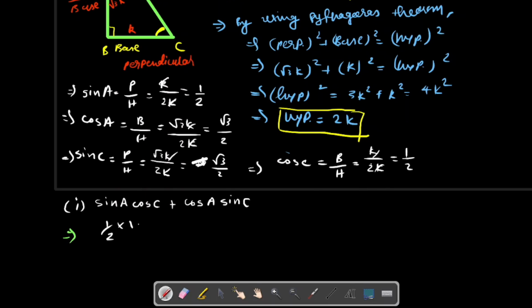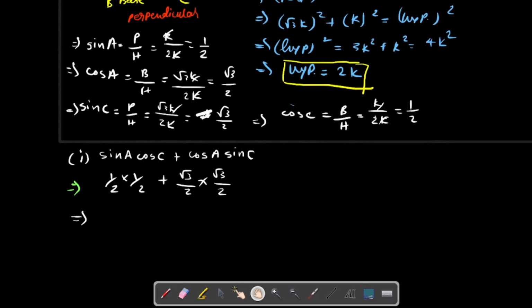So multiply by 1 upon 2 plus cos A, which is root 3 by 2. Similarly, sin C is root 3 by 2. Now